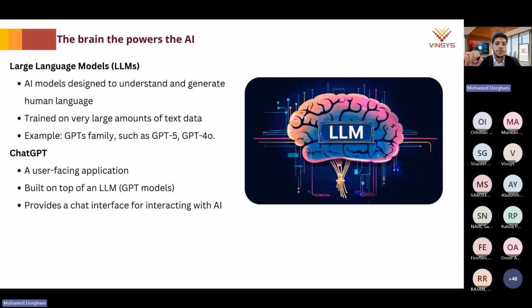In very simple terms, the brain that powers the AI is called an LLM, which is a short form of large language models. You can think of these as huge models trained on a huge amount of data, and their mission or goal is to understand and generate human language.